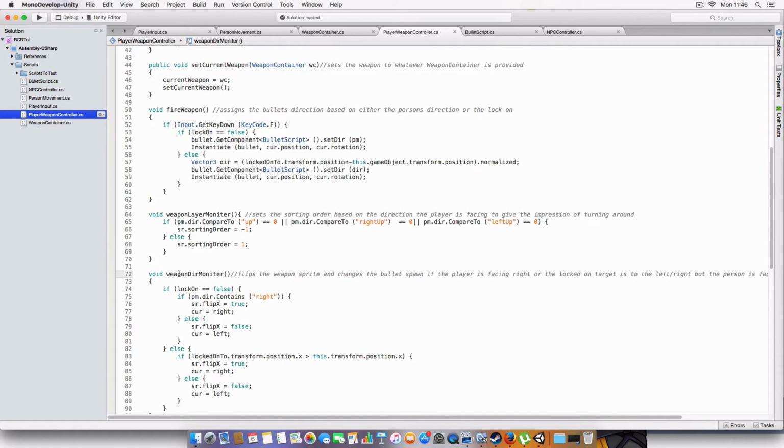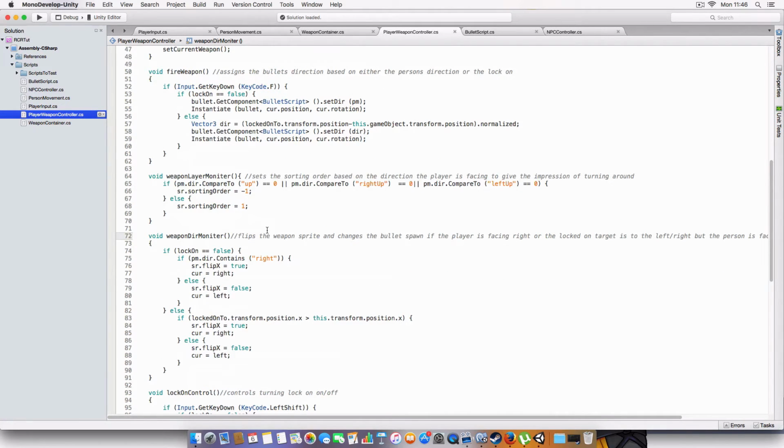And we've also got the weapon direction monitor, which controls the direction the gun faces and which bullet spawn it uses when you fire a bullet. So basically, it works differently whether you've got locked on or not, true or false. So if you're not locked on and the direction contains right, it'll spawn the bullet in the right